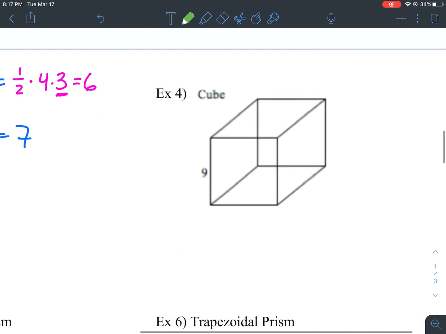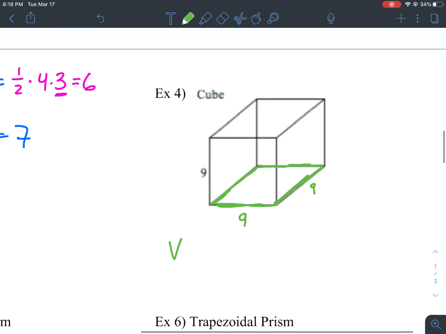Okay. Now in this case, we have a cube. Now a cube is a special type of rectangular prism. So the only difference is a rectangular prism has the freedom to where not all the dimensions need to be the same. In a cube, it still follows that same pattern. It's still got that same look, except all edges are the exact same length, in this case, 9. So I am allowed to